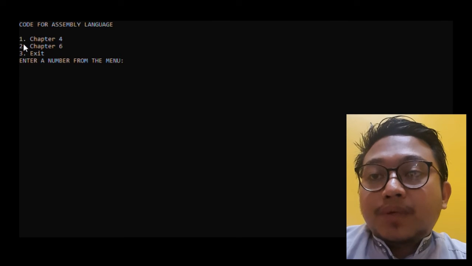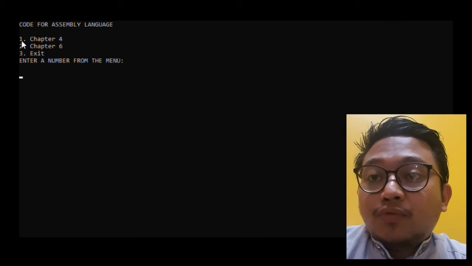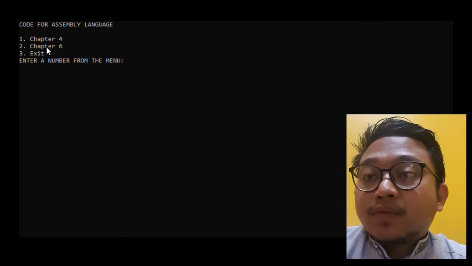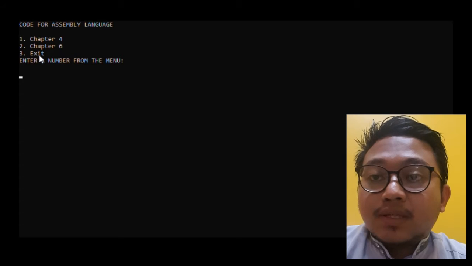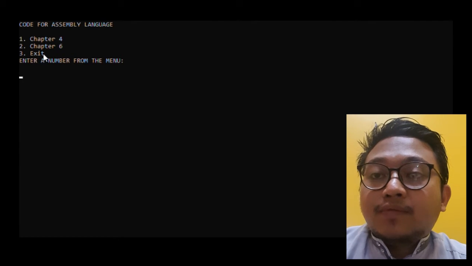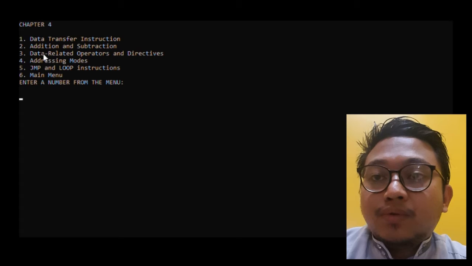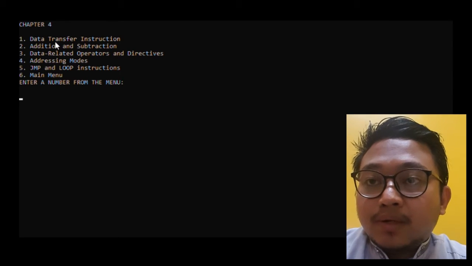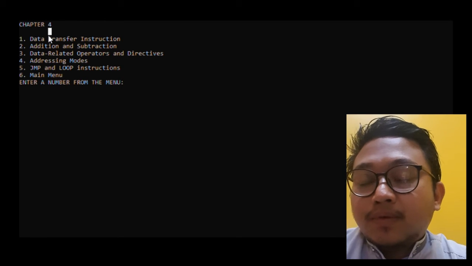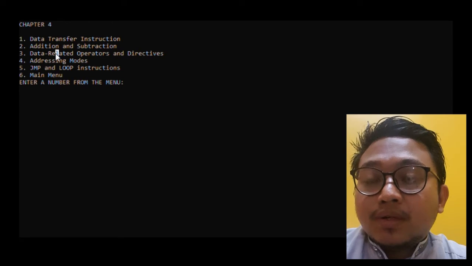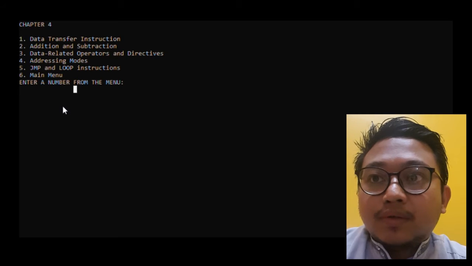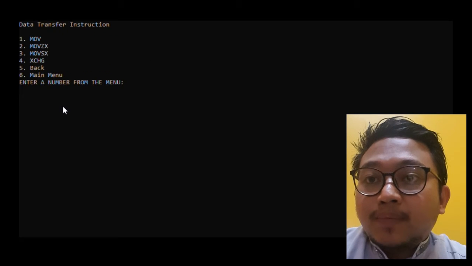In the front page, I'm showing the values 1, 2 and 3, where the first two are chapter 4 and chapter 6, and the last value is for exit. If I choose the first value, which is 1, it will go to chapter 4, and before that it clears all the data, since I call the clear screen function. If I enter chapter 4 with the value of 1, it will go into more detail about